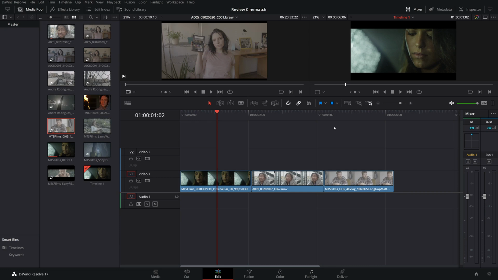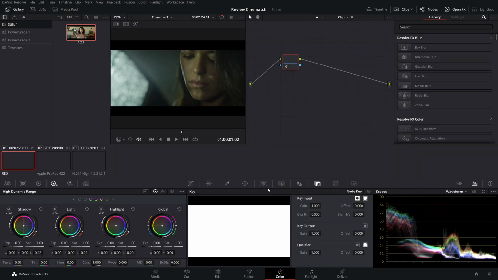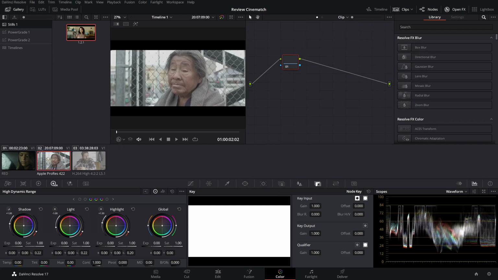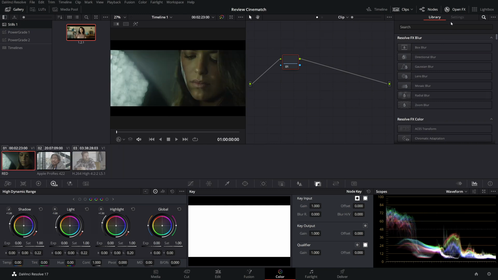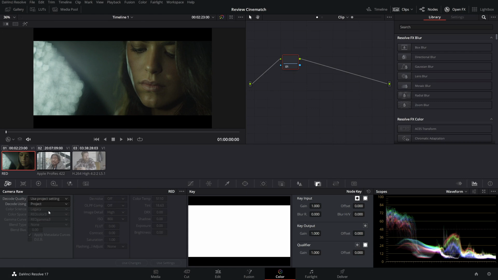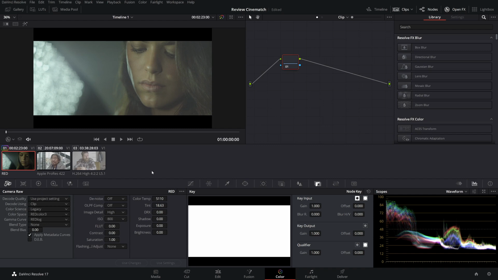Of course, as I said, probably this will not bring the images perfect and equal, but we're going to try to make them look as equal as possible, and I think we're going to achieve that very easily. This is a little harder. I'm going to bring the RED to the Blackmagic and the V-Log, the GH5, to the Blackmagic. So the first thing we have to do is bring the RED one to a log space. So I'm going to change here to RED Log, okay?